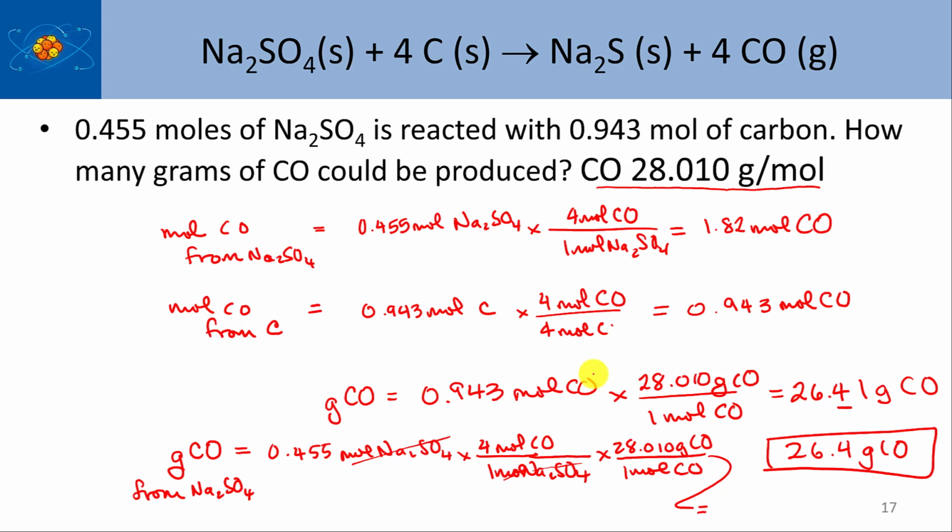Okay, so I would have done 0.455 times 4 times 28.010, and that would have come out to be 50.98. So really 51.0. I'll just write that, 51.0 grams. There we go. Now, you'll notice that number is bigger than the grams of CO that you get from the